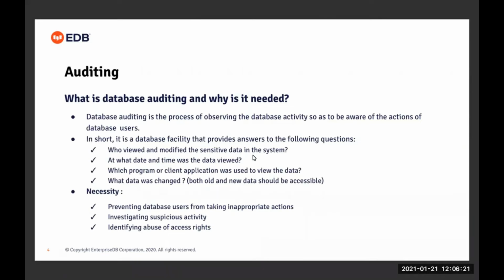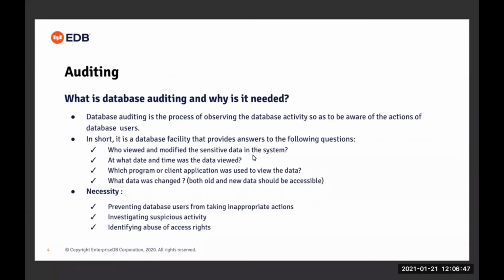Apart from that, database auditing can also be used to investigate any suspicious activity. It can help investigators find out suspicious activity, such as access to the database during non-business hours, unexpected changes in user permissions, or unexpected changes in data content growth, and things like that. Similarly, it can be used to identify abuse of access rights.